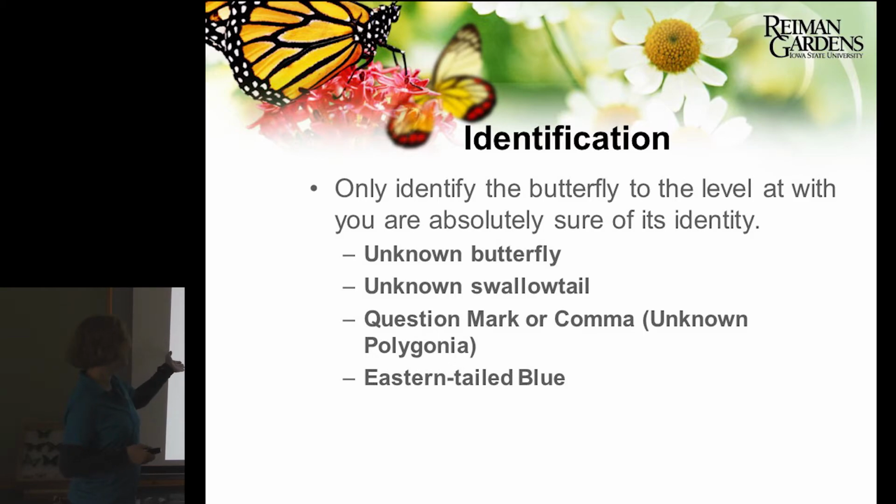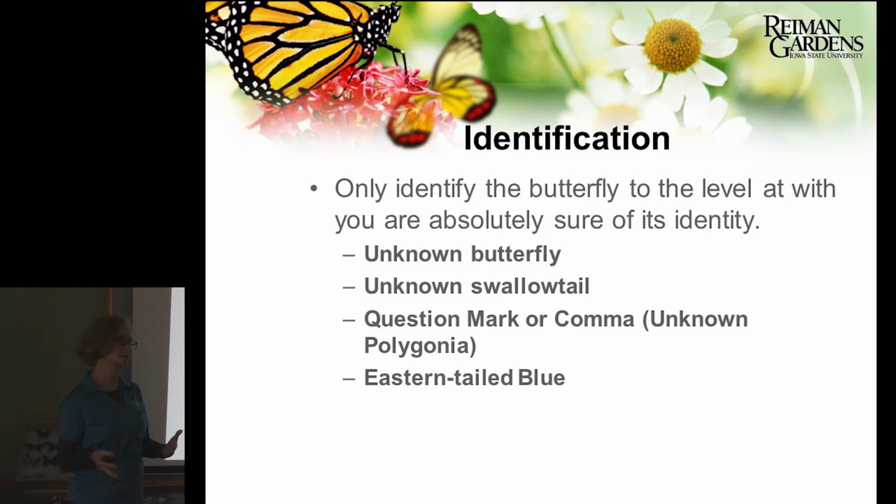Unknown swallowtail, so you know for sure that it was a swallowtail. So knowing that it was a swallowtail takes it from, we have 120 species in the state. So being able to say, I know it was a swallowtail, that shrinks down the possibilities to about 4 to 6. And then being able to distinguish, so question marks and commas, which you'll see when we get a little